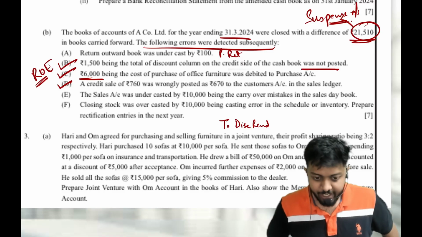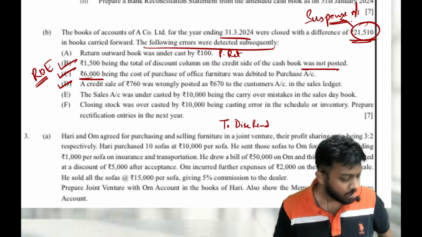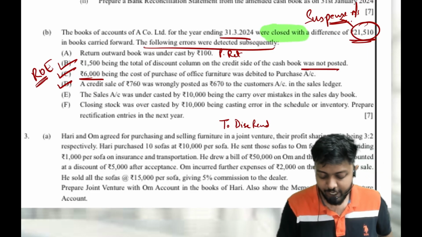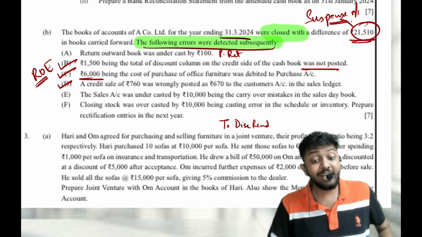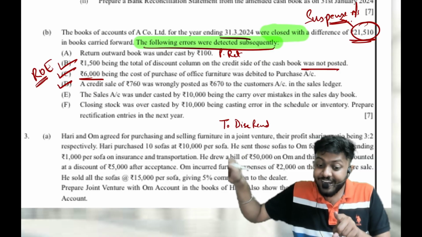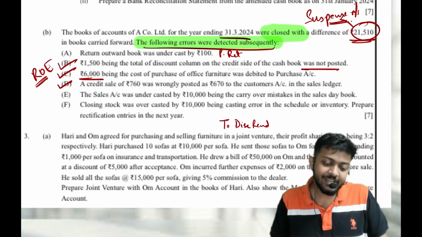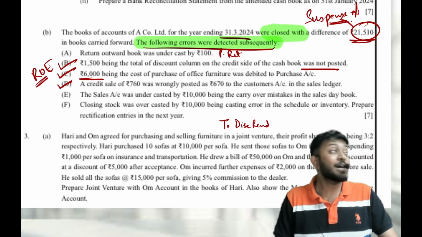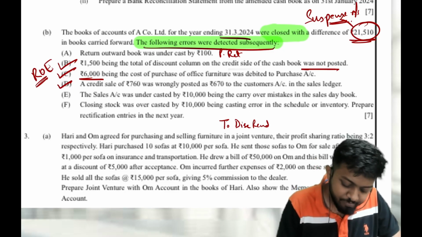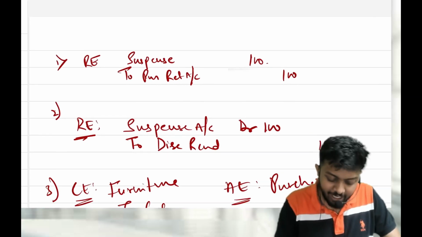One more thing I would like to tell you, a small adjustment. We should have observed this before: we have closed the books with a difference and the following errors were detected subsequently. It's not after the trial balance, it's after final accounts. The books are closed and then we are rectifying the errors. So if it's happening after final accounts, how will our accounting entries change? Everything is the same, but if any nominal account comes anywhere, that will be replaced with